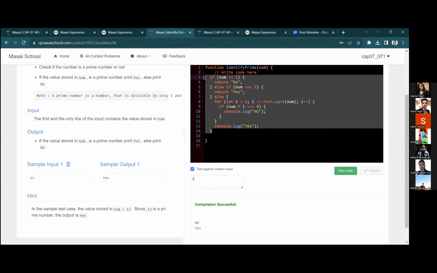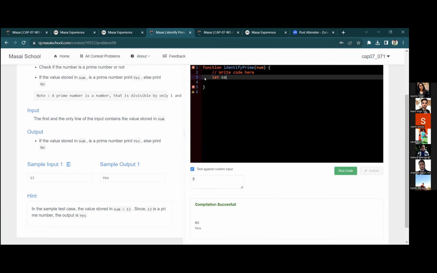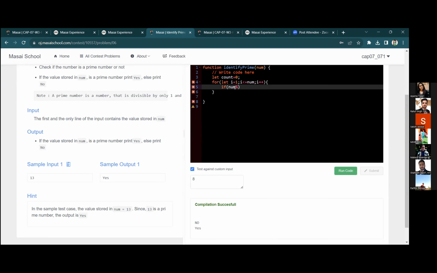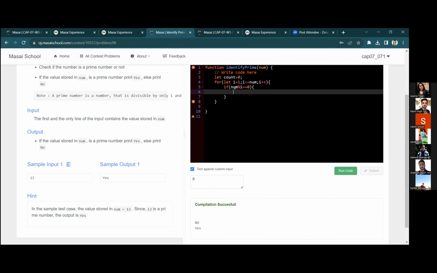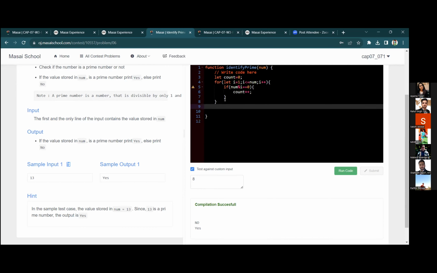तो इंस्टेड ऑफ डूइंग लाइक दिस, व्हाट यू कैन डू इज, आपको पता है कि प्राइम नंबर सिर्फ दो इंटीजर से डिवाइड होता है, एक 1 से और एक खुद से, करेक्ट। तो आप स्टार्ट करो, आई इक्वल टू 1 से लेके आई लेसर देन इक्वल टू नंबर तक, आई प्लस प्लस। नंबर मॉड आई इक्वल टू 0, दैट मीन्स डिवाइड हो रहा है, तो हम काउंट प्लस प्लस कर लेंगे। अगर काउंट 2 रहा, मीन्स 1 से डिवाइड हुआ और खुद से, तो वो प्राइम है, अदरवाइज नहीं है। 2 से ज्यादा रहेगा तो प्राइम नहीं है ना। अभी आप बाहर चेक करोगे, काउंट इक्वल टू 2, दैट मीन्स वो प्राइम है, करेक्ट। यस सर।